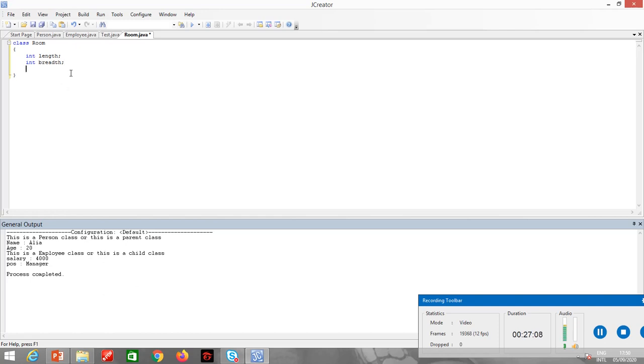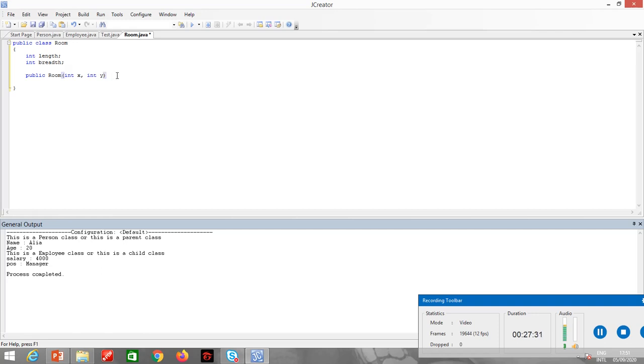Now I will make a constructor of the room class, public room, and I will pass the parameters int x, int y.